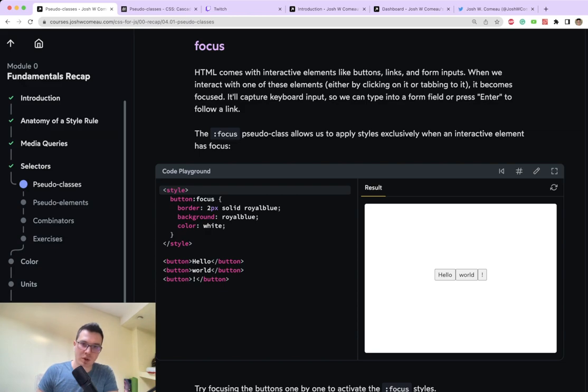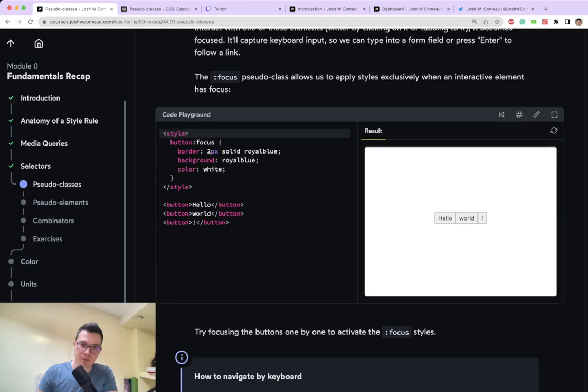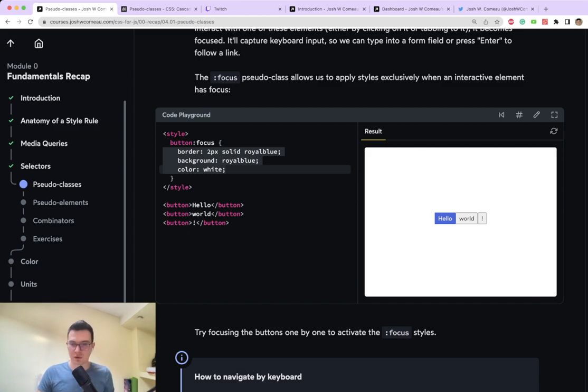It will capture keyboard input, so we can type into a form field or press enter to follow a link. So there is a style for focus of the button, and it is on hover, but if we press it, it applies this style, and we can also do this